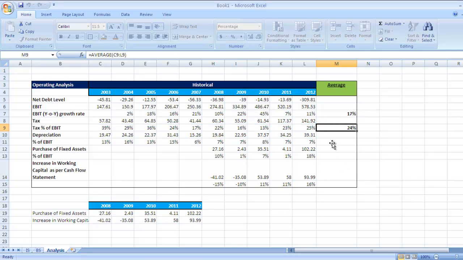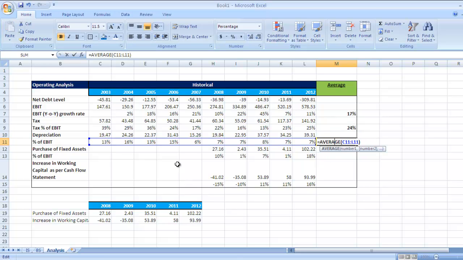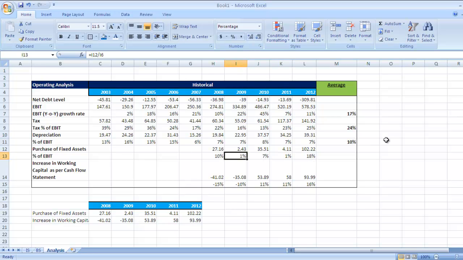Okay, Control C, Control V, right? And double check. Yes, all these figures for the last 10 years have been included here, so I'm fine with it. Now you cannot just copy paste here, because for this 1, 2, 3 the data was for 9 and 10 years, but here the data is only for 1, 2, 3, 4 and 5 years.